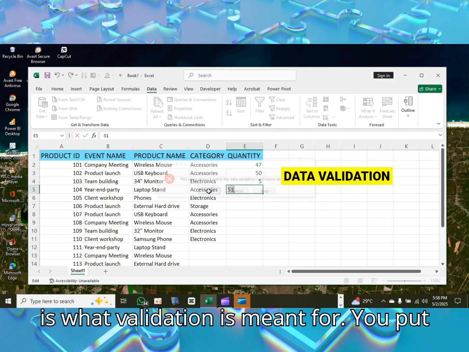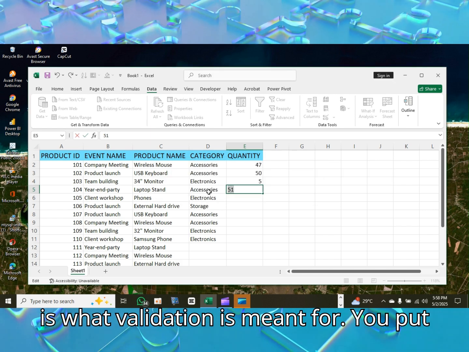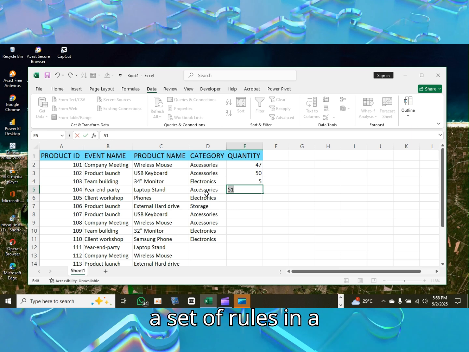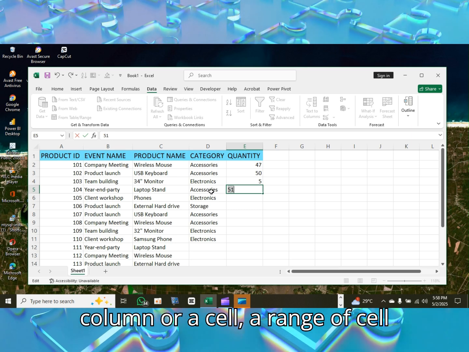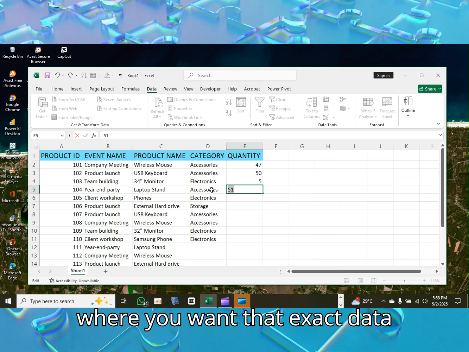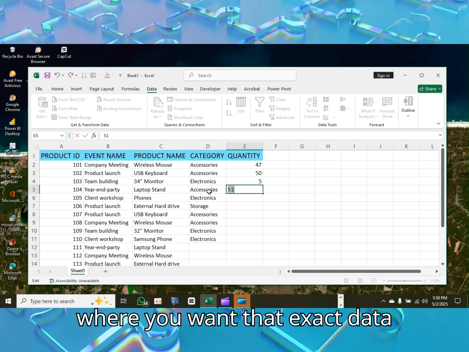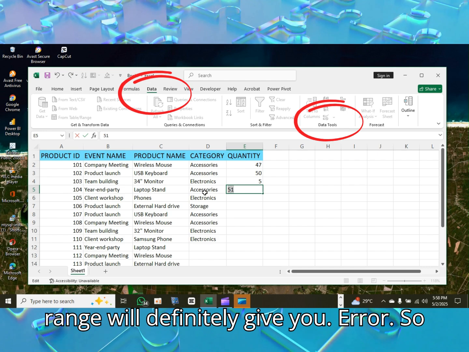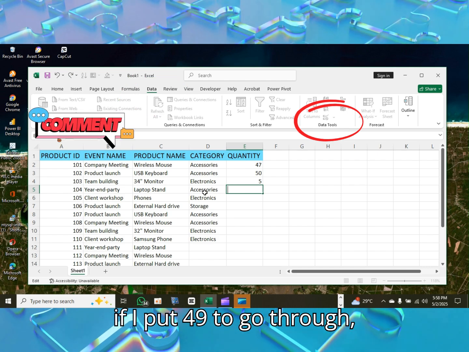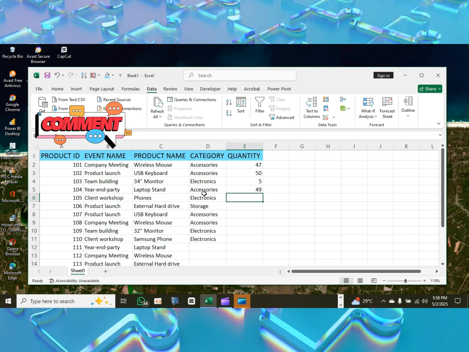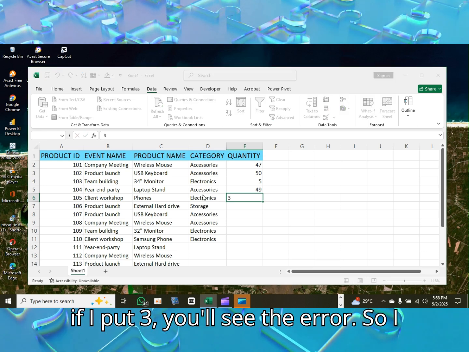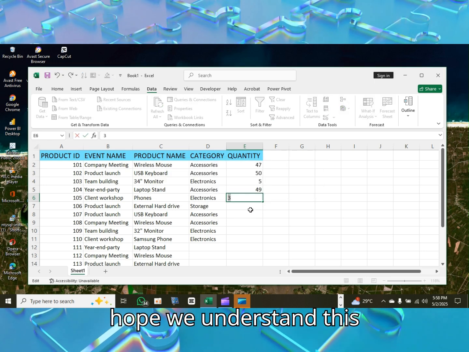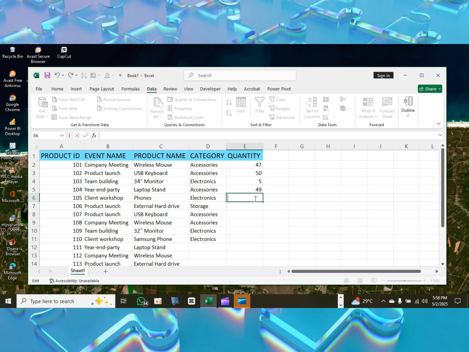So that is what validation is meant for. You put a set of rules in a column or a cell, a range of cells where you want that exact data validation rule. Anything out of that range will definitely give you an error. If I put 49, it goes through. If I put 3, you'll see the error. So I hope we understand this